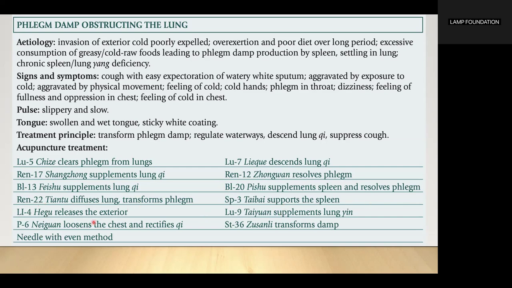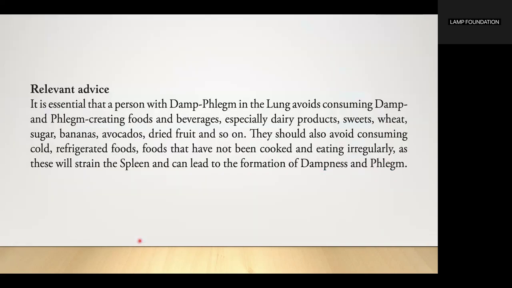Large Intestine 4 to release the exterior, Lung 9 to supplement lung yin. Pericardium 6 to loosen the chest and rectify qi, Stomach 36 transforms damp. Needle with even method. It is essential that a person with damp phlegm in the lung avoids consuming damp and